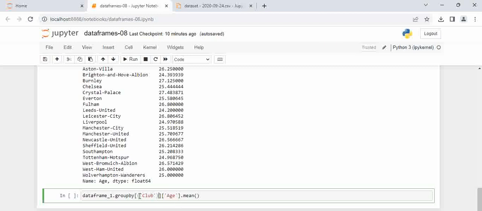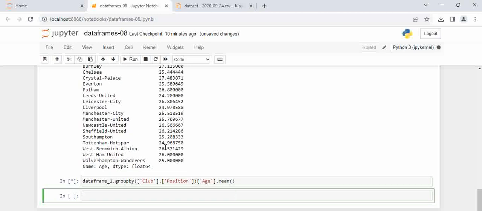club is one thing, and the other we can take is position. That's what we discussed, right? So based on club, based on position, let us close this and delete this. Based on club and position, we are going to get the average age of that particular position for a particular team. So now when we run this,